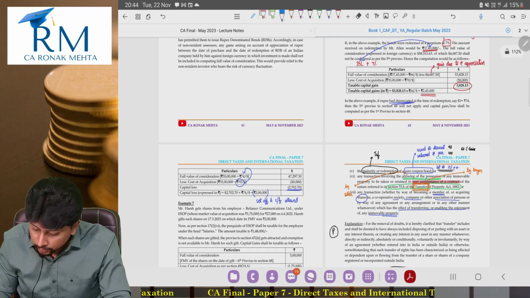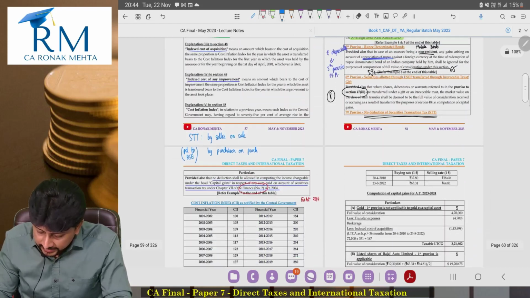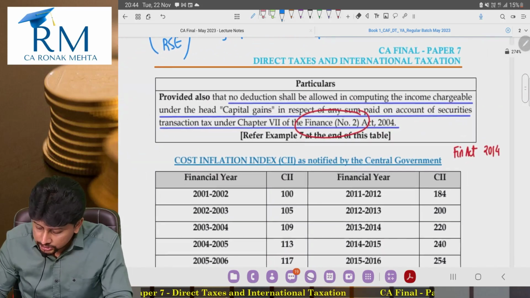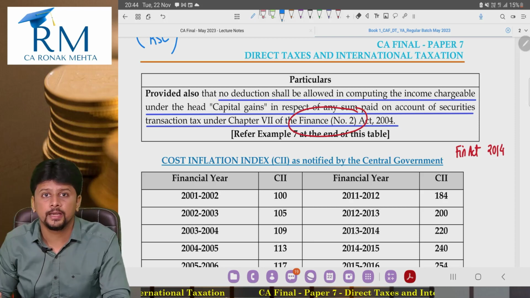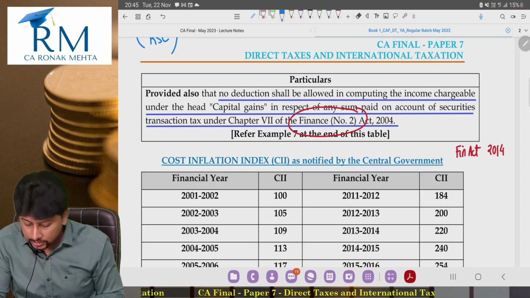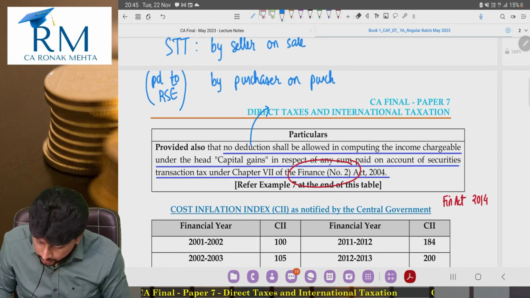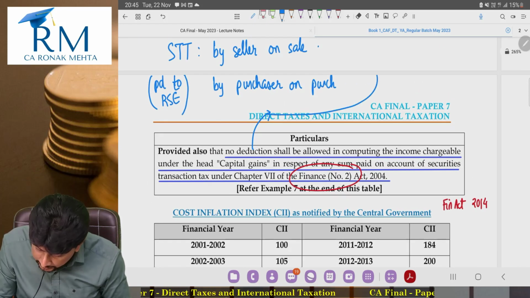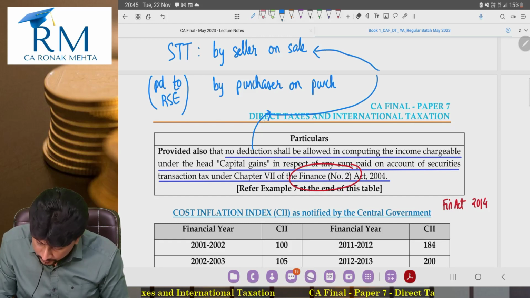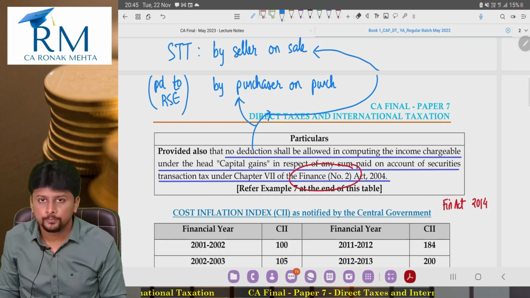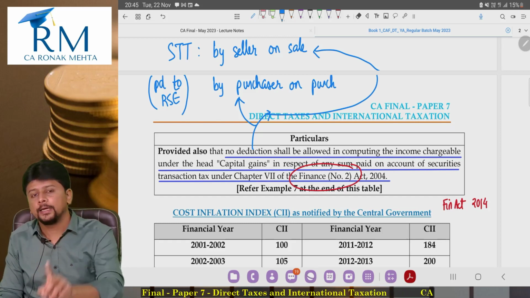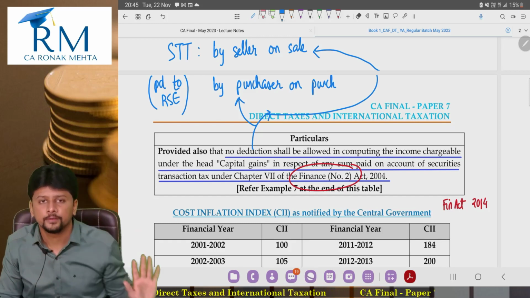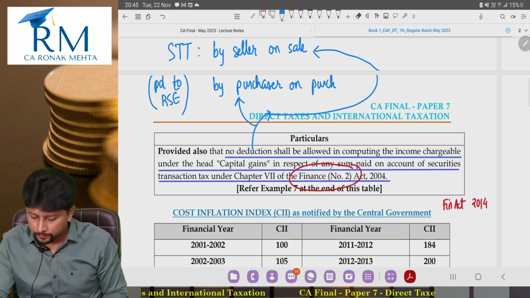And what is the proviso saying? Proviso is very clear. No deduction shall be allowed in computing the income chargeable under the head capital gains. No deduction shall be allowed. Kisko? To the seller also and to the buyer also. So seller, you cannot reduce it as transfer expenses. Buyer, you cannot include it as cost of acquisition. Chalo, summarizing,